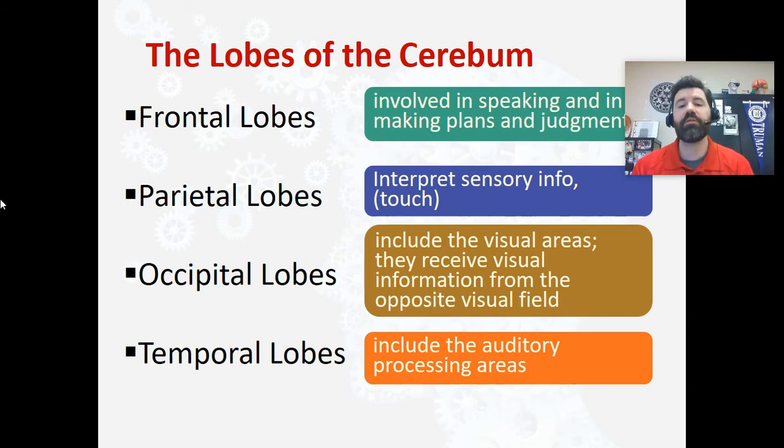Parietal lobes primarily help with our interpretation of touch. And so if you are holding an ice cube in your left hand, then you can tell that that is very cold because of your parietal lobe. And everything's lateralized. That'll be later in the lecture. And so if you're holding an ice cube in your left hand, you're going to tell that's really cold from your right parietal lobe. If you touch something really hot with your right hand, then you can interpret that from your left parietal lobe. And so parietal lobe, the big function that you need to know for this class is it helps interpret primarily